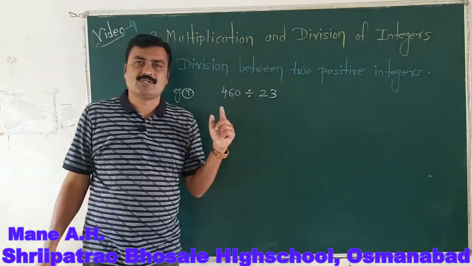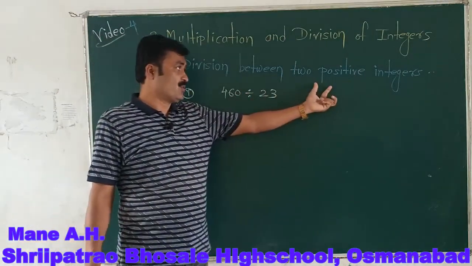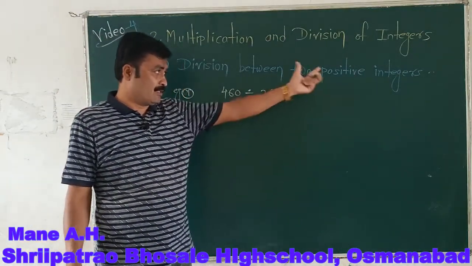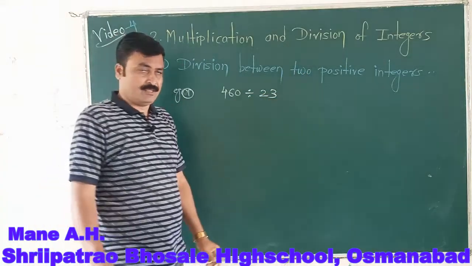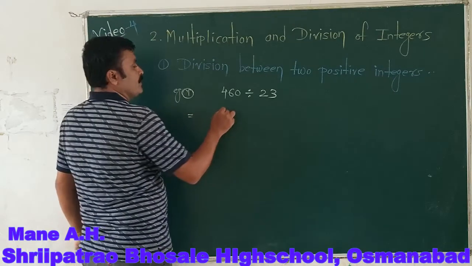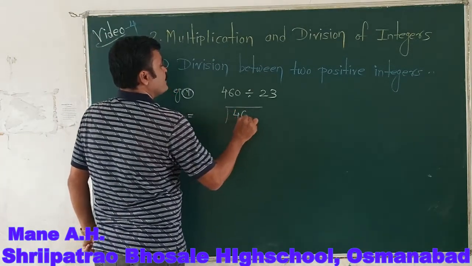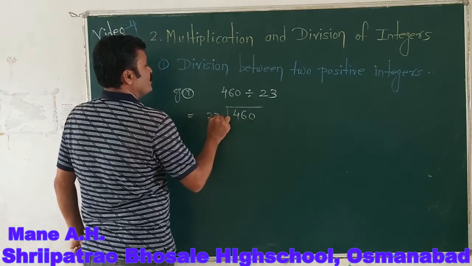Now while writing these two integers, 460 is a positive integer, 23 is also a positive integer. So while taking this division, if I take 460 divided by 23 in the regular way,